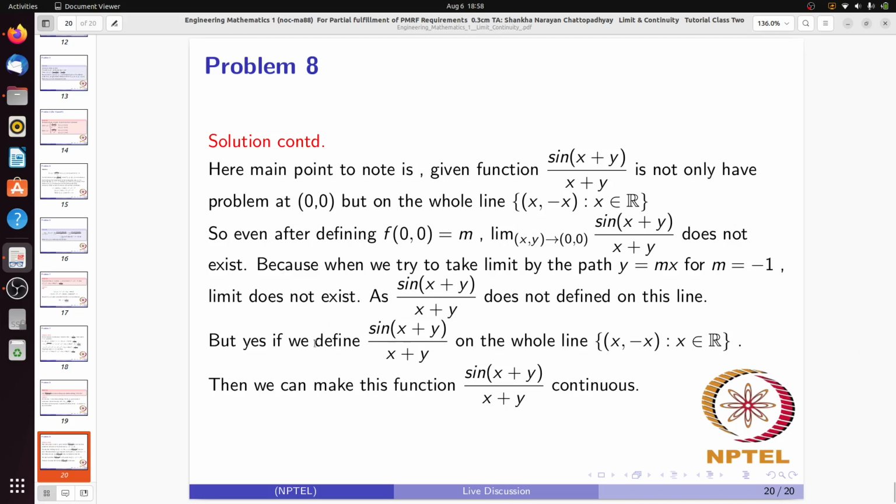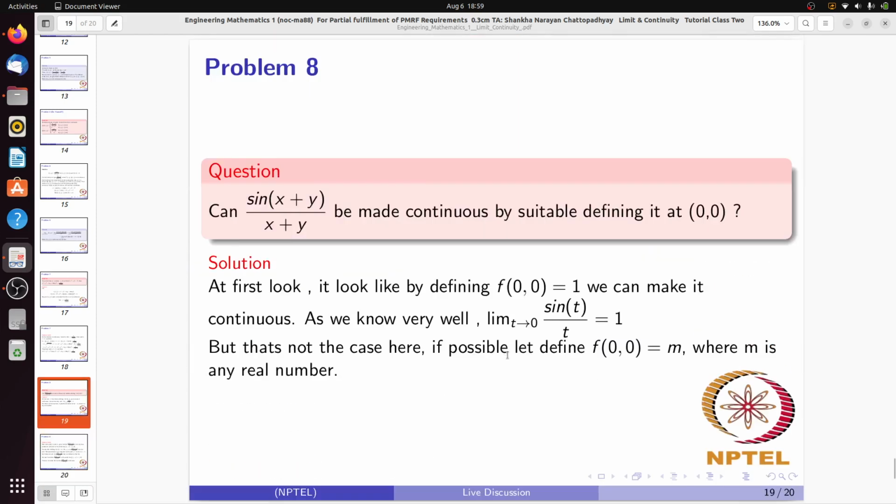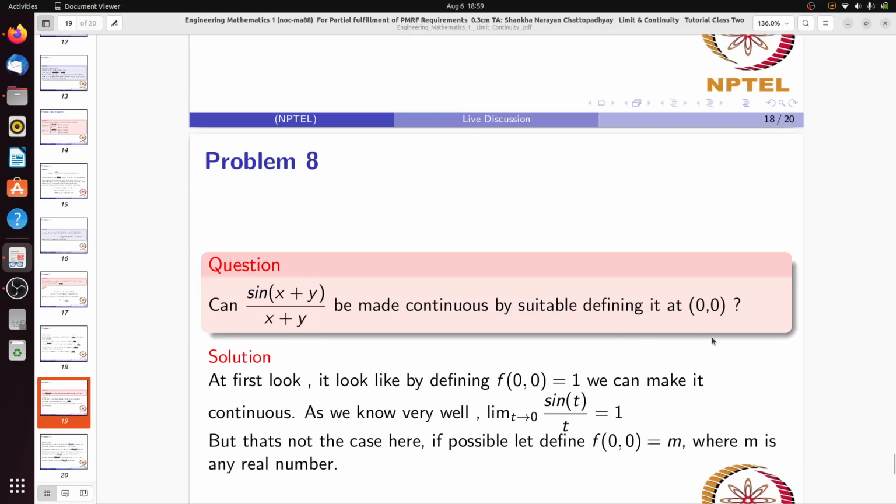But yes, if we define it on the whole line y = -x, then we can make this function sin(x+y)/(x+y) continuous. Okay, is it clear? So only by suitably choosing the value at (0,0) we cannot make the function continuous, because the function is discontinuous on the